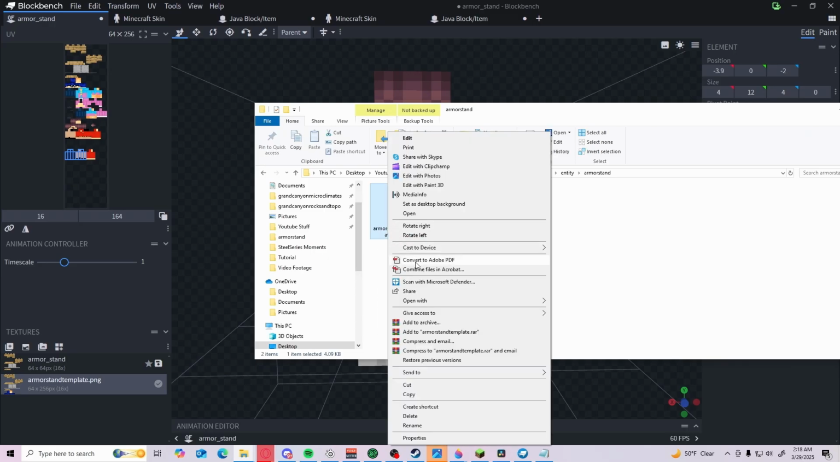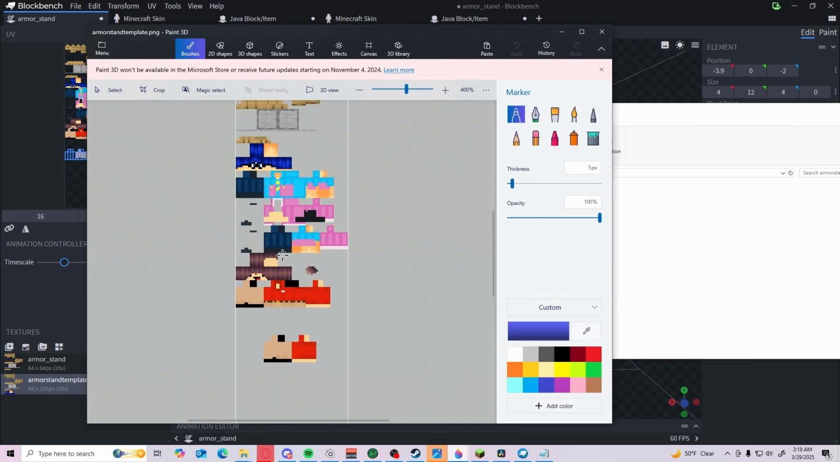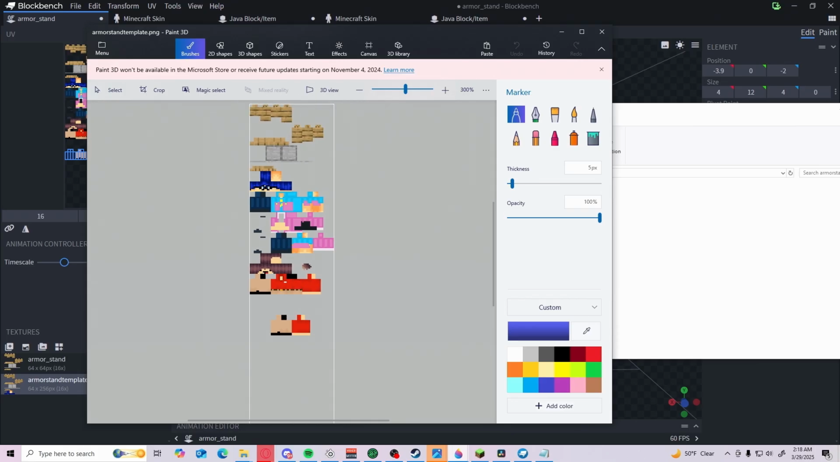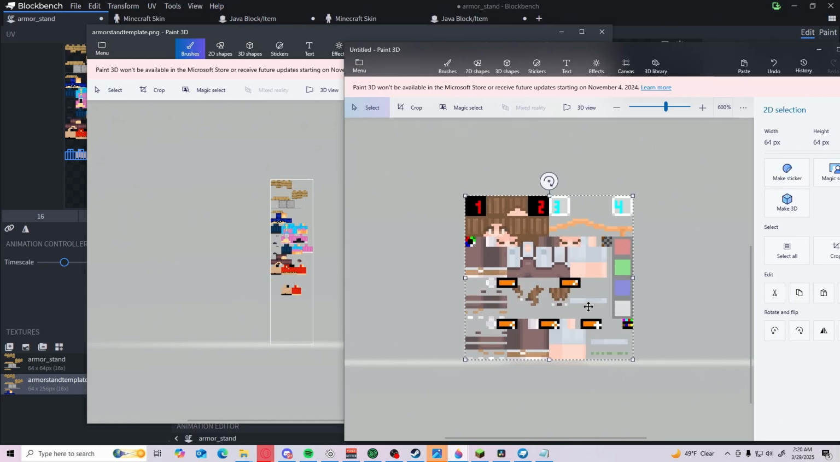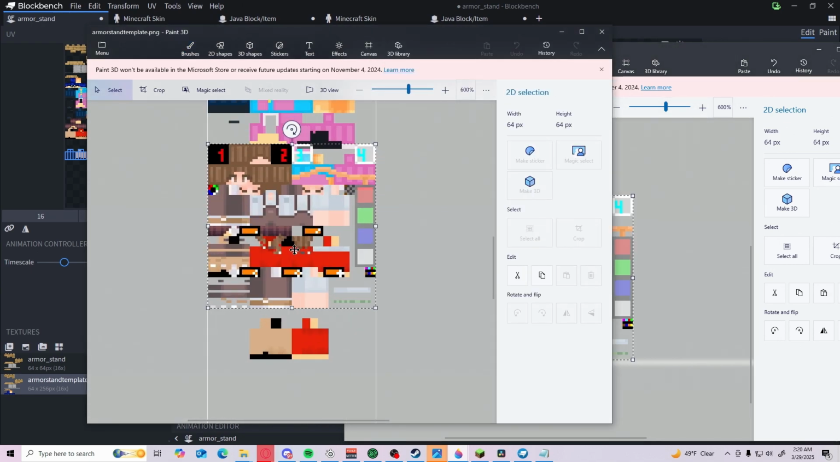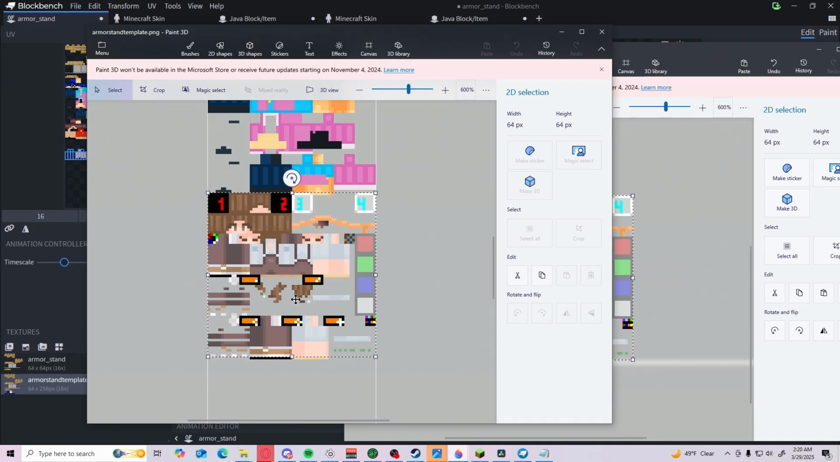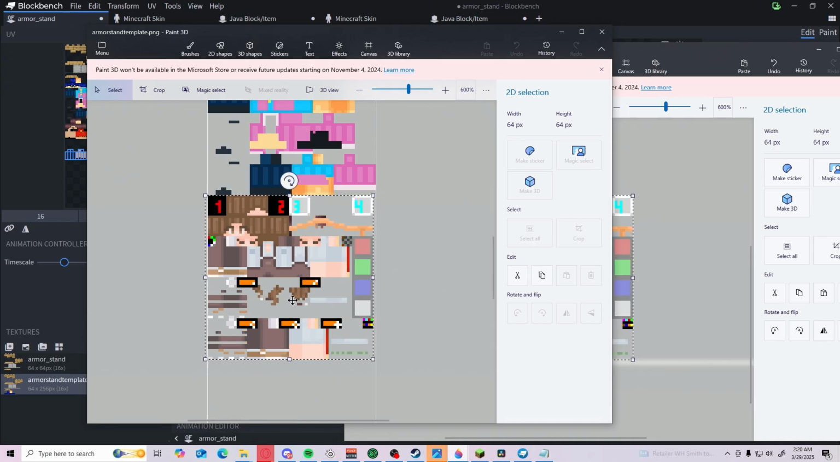Now we can make our new skin file using our armor stand template. So open your template in whatever software you want to use. Like I said, I will be using Paint 3D. We can then grab a skin of our choice. I will be adding Live Awesome, who is a friend of mine. We'll hit copy, go over here. Live is a slim skin. We will scroll down here to the slim, and we're just going to align everything here